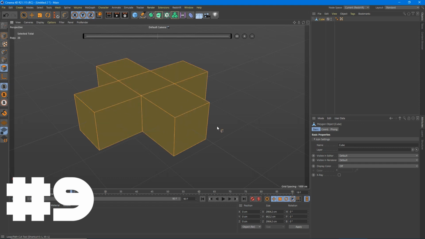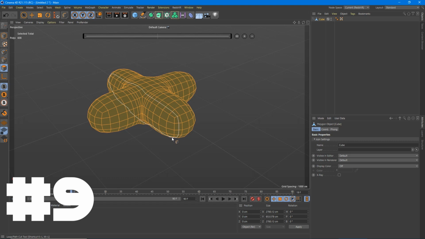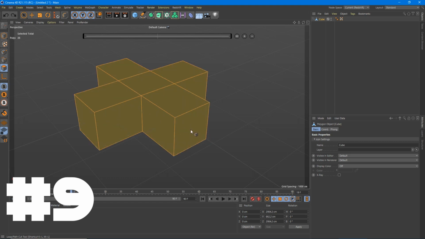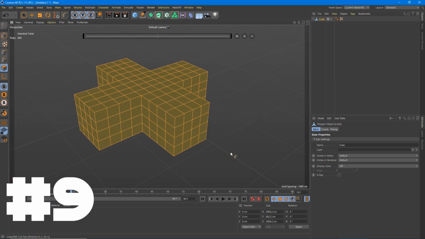Control A to select all your polygons, hit U, Shift S. Now I can subdivide here, and I can choose the division of subdivisions, or if it's smooth. If I say smooth, it's going to do what it just did, right? If I say U, Shift S, and I uncheck smooth, watch this. When I saw that, it just blew my mind. Maybe I'm dumb, maybe you already know that, but that was like awesome.